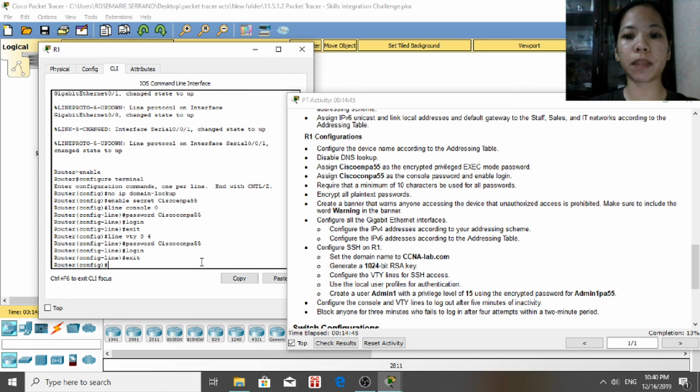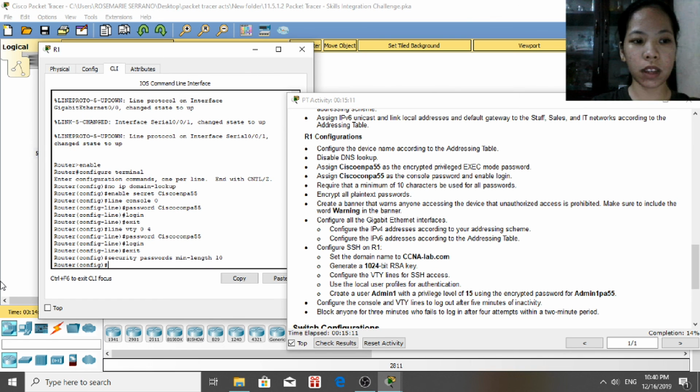So next is required that a minimum of 10 characters be used for all passwords. So to put that minimum characters per password, we will use a command like this. So security passwords min-length 10. So that is the command for a minimum of 10 characters for all passwords. And the next is encrypt all plain text passwords. So to encrypt all plain text passwords, we will use the service password-